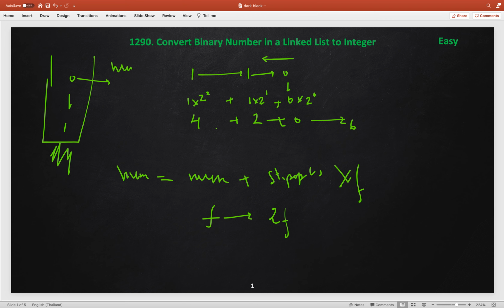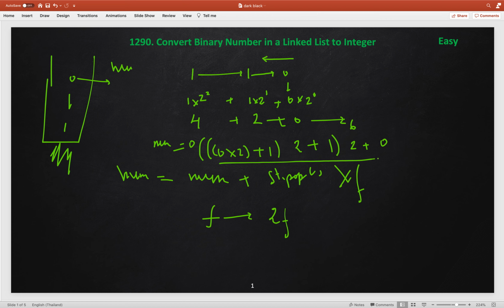So let's try it. Let's say initially our decimal number is 0. If I multiply 0 with 2 and add the value of the first node, which is 1, then multiply it again with 2 plus the value of the second bit, which is 1, then multiply this whole with 2 plus the third bit, which is 0.